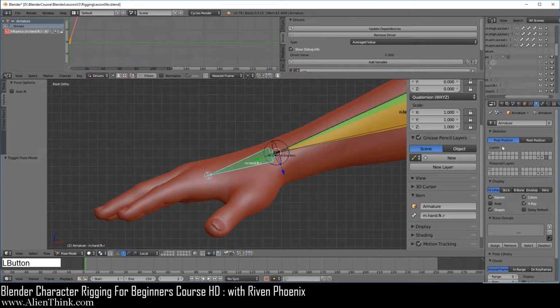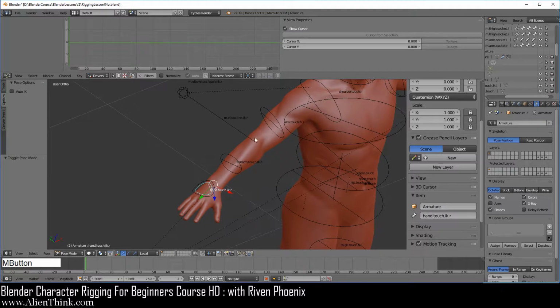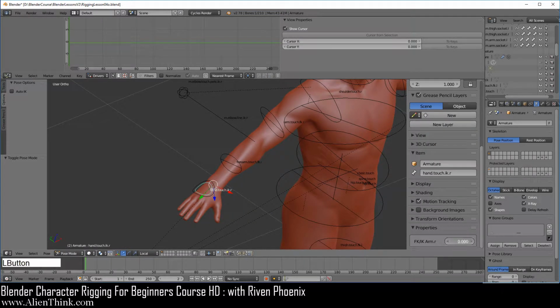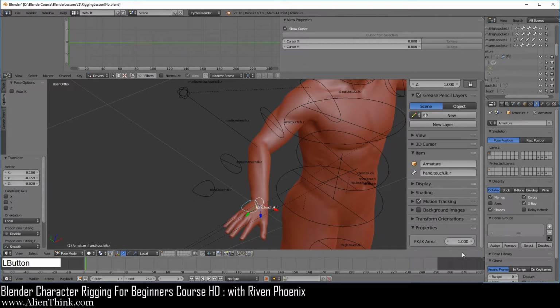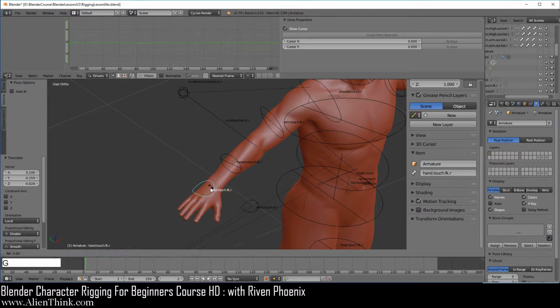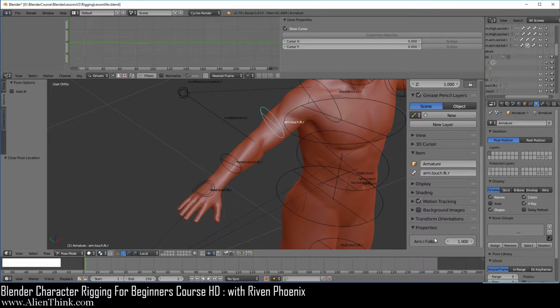Now go ahead and go to the data tab and let's click on these touch bone layer, click on this bone, use the middle mouse button to rotate the view a little bit and press the G key. And let's see if this works, so go ahead and turn this all the way to a value of 1, and this should work. I'm going to park this over here and change this, make sure that this is working, and it is. Okay, so let's click on this and make sure that it's at 0, press the A key to select everything, do Alt R and Alt G over here. Now of course we're going to click on this bone and do the same thing.